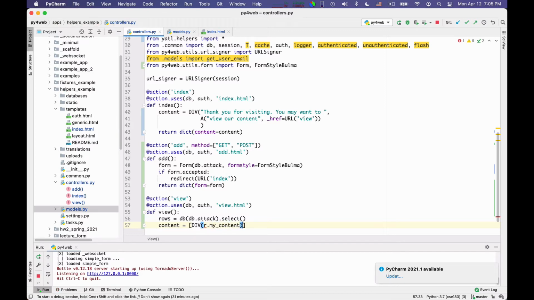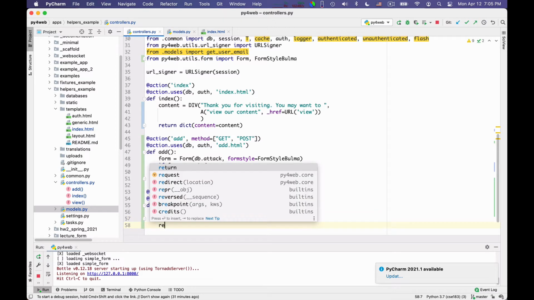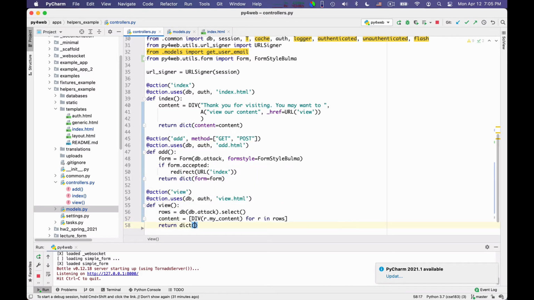So I generate a div with this content for row in rows. Okay, and then I return a dictionary, content is equal to content. Maybe let me give a more interesting name, like content list, is equal to this content here. So I remember it's a list.